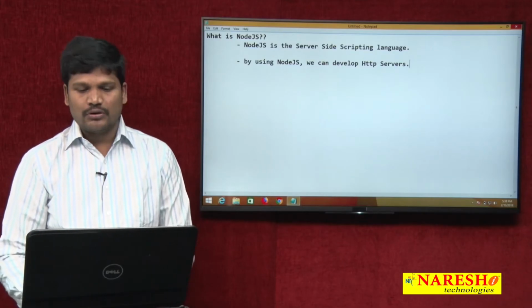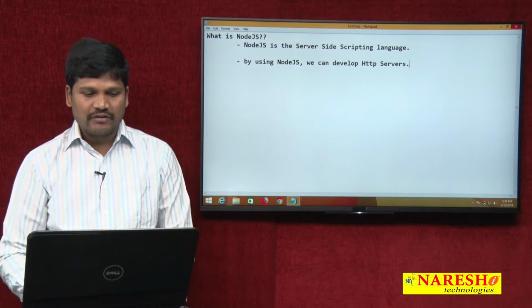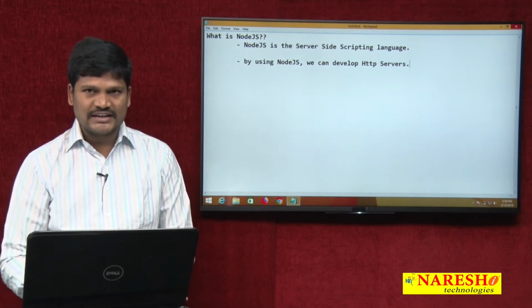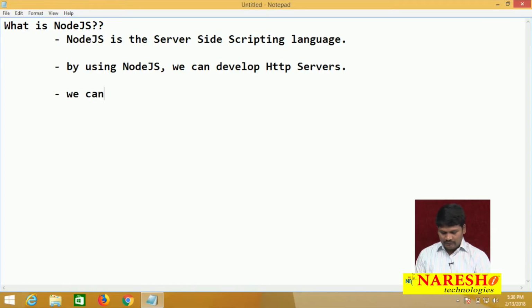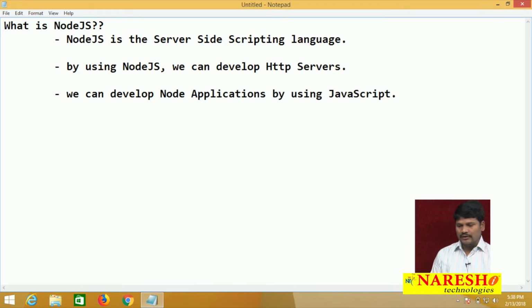How to develop Node applications? We can develop Node applications by using JavaScript. The third point is that we can develop Node applications by using JavaScript. Fine. Next point. Node follows